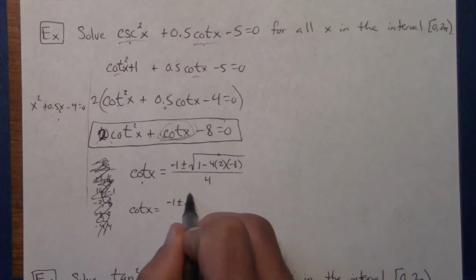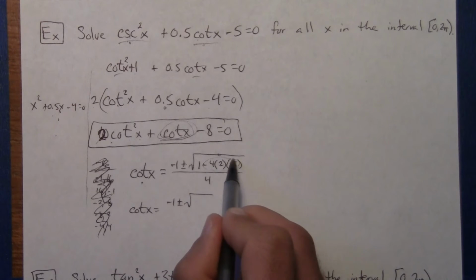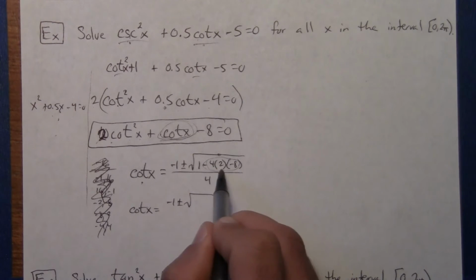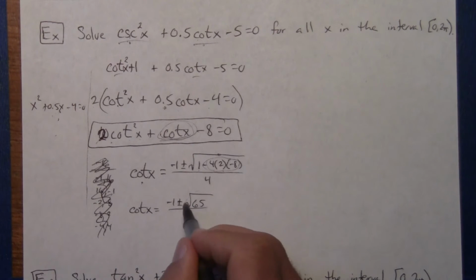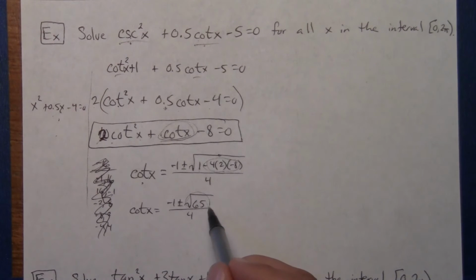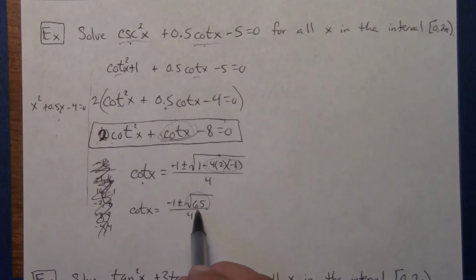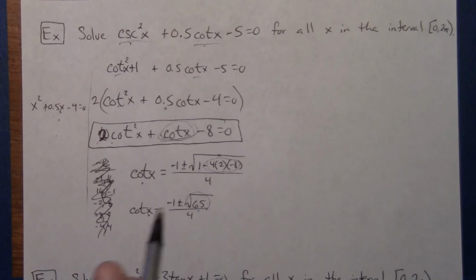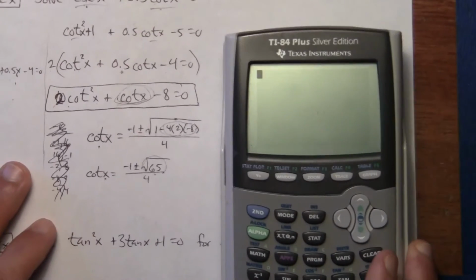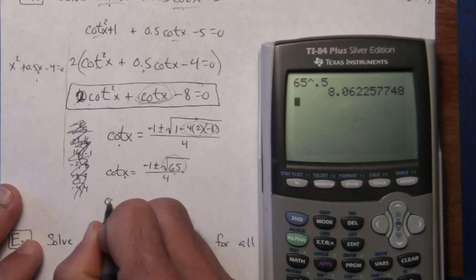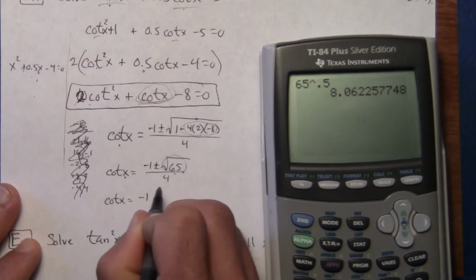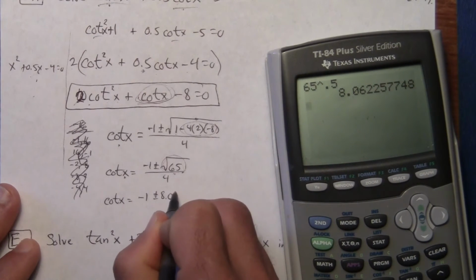It's negative 1 plus or minus the square root of, notice you've got 2 negatives here, so when you multiply this out, that's going to give you 64 plus 1, or 65, over 4. This isn't going to work out to be a nice number, and a lot of times we like leaving it like this. I can't here. I need to know a decimal, because eventually this is not my answer. It's whatever x is. So I'm going to plug into my calculator the square root of 65 so I can get an approximation. Square root of 65 looks like it's 8.06. So I'm saying the cotangent of x is equal to negative 1 plus or minus 8.06